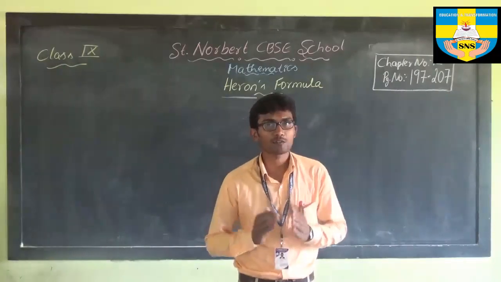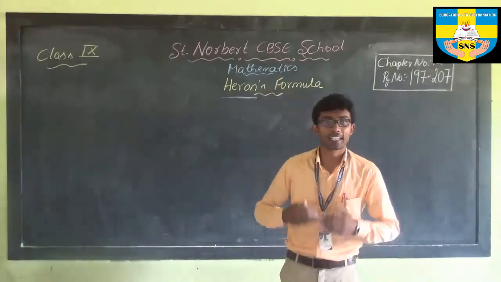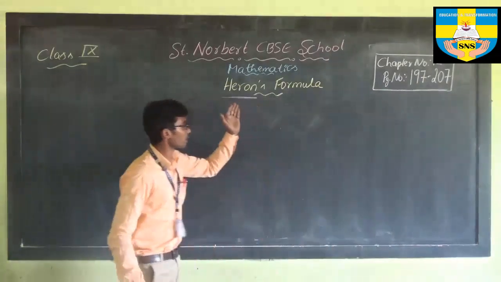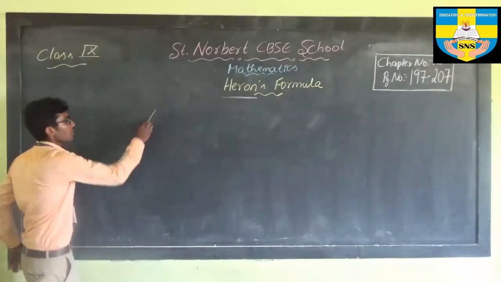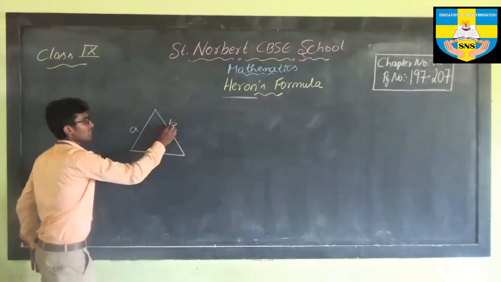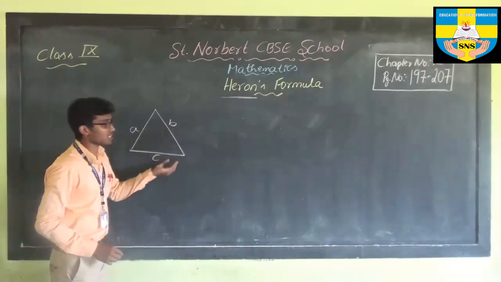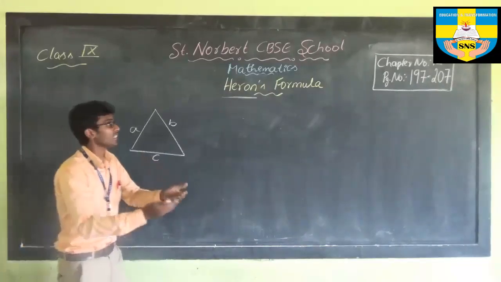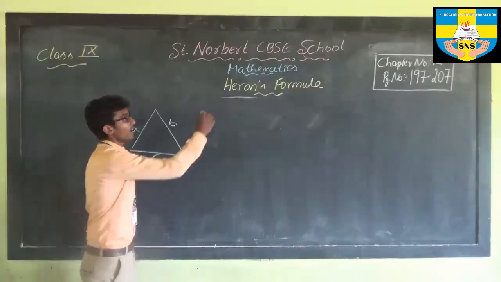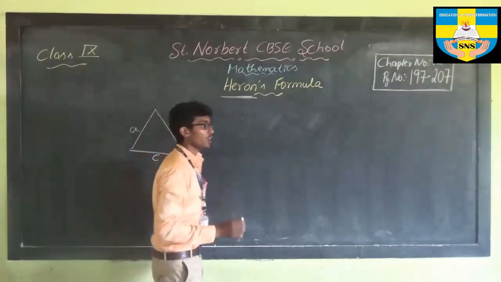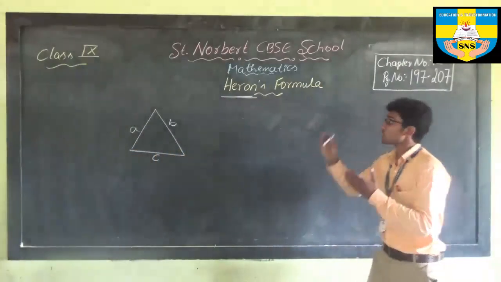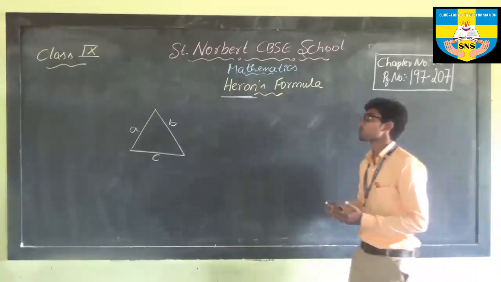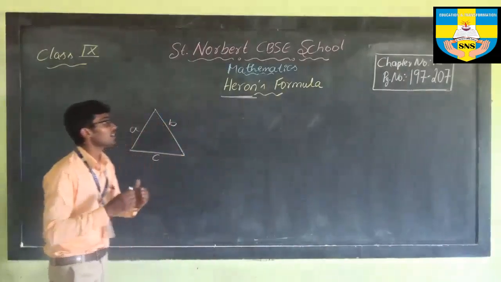When you don't know the height of the triangle, and still you want to calculate the area of the triangle, how is it possible? If you have this question in your mind, the answer will be by using Heron's formula. When you have sides like A, B, C, by using these three sides of a triangle, if it is possible to calculate the area of the triangle, then we can go for Heron's formula. Heron is the name of the mathematician, one who lived in 10 AD. He wrote many books. We are selecting this topic from book 1. He is also known as an encyclopedic writer in mathematics.